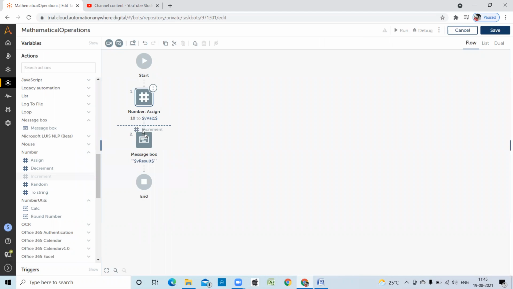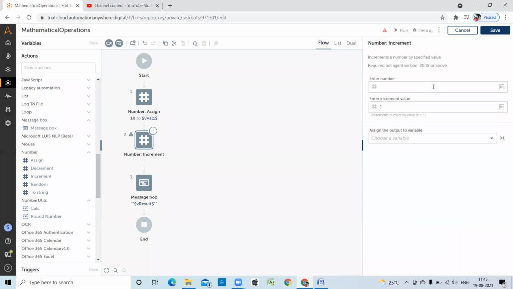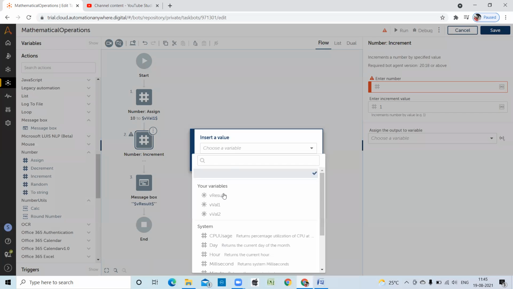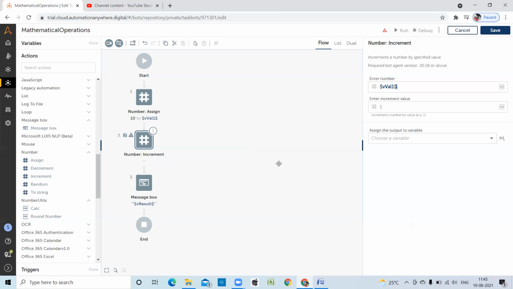Now you can see increment. Same thing. Assign, enter value 1, increment by 5.